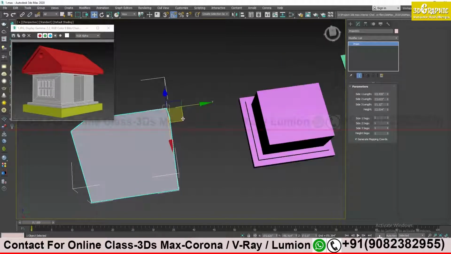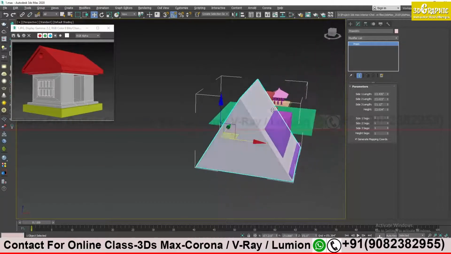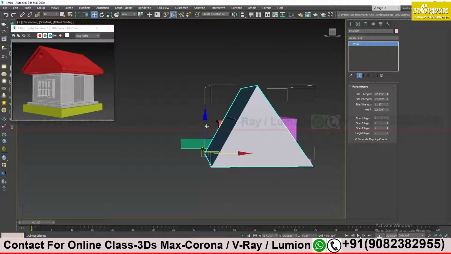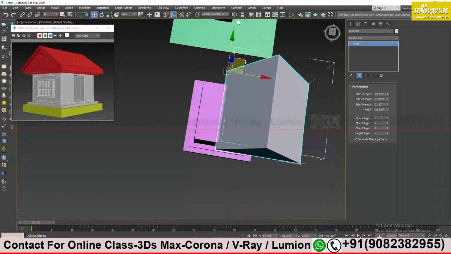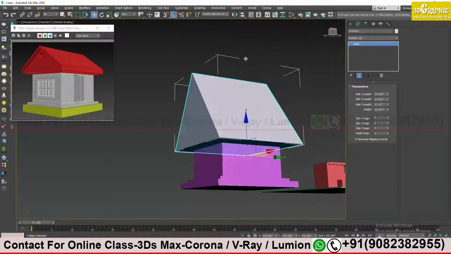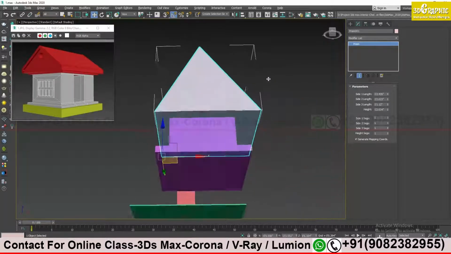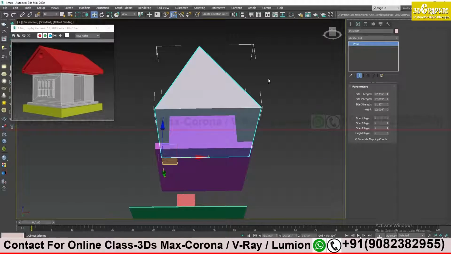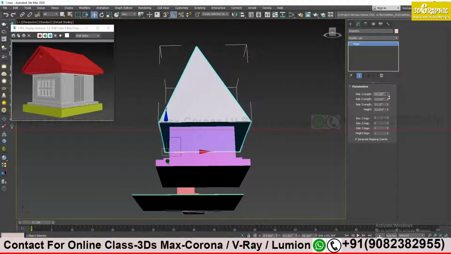Then with W, I will move the object and place it in its proper position over here. It's too big now. I will try to adjust it a bit. Oh, a little bit of adjustment is needed.